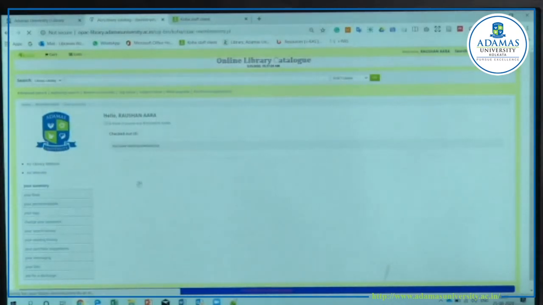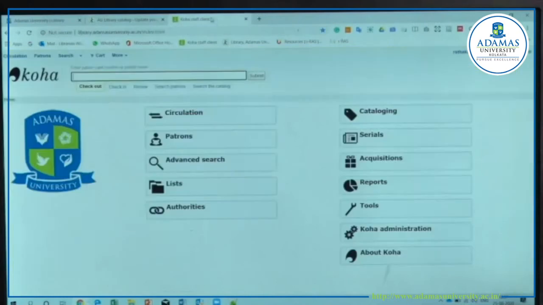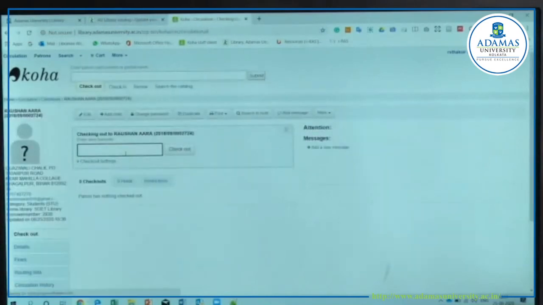I am just trying to show you how you can see your account. When you come to the library, library staff will issue books against your name.